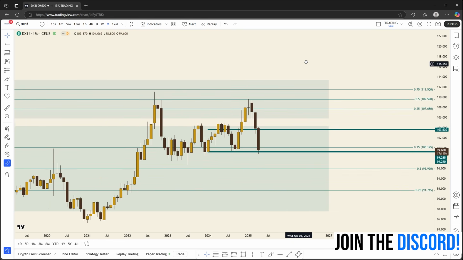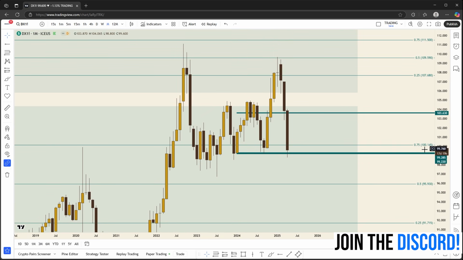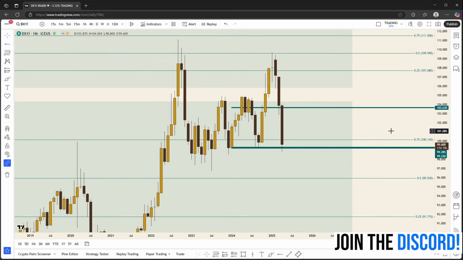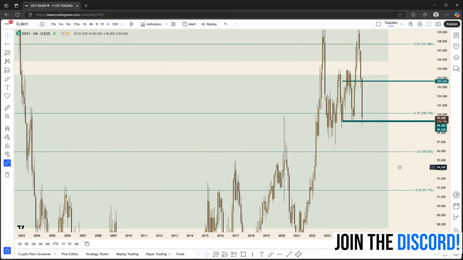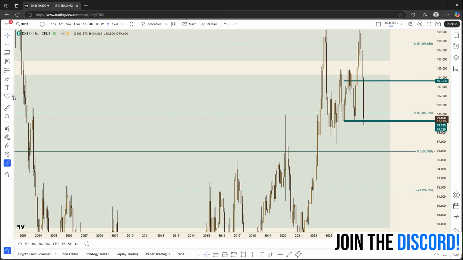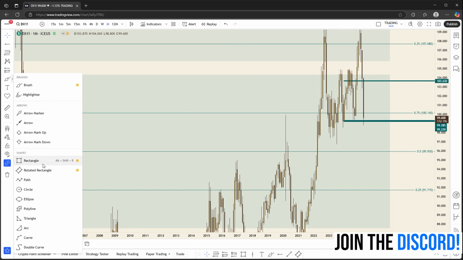Well, we go down to a monthly. Is there anything here on a monthly? Now remember, specifically with yearly and monthly levels, I do allow overlapping. Just because if you don't, you're gonna have like no levels ever. So the very first thing that I personally see, and something that you might also see, is this fair value